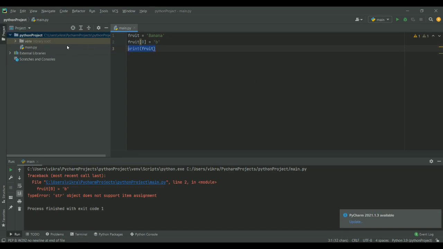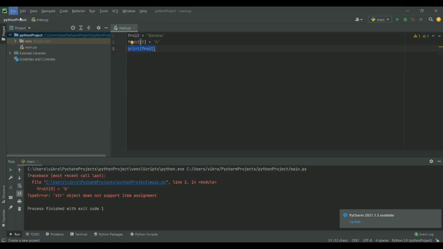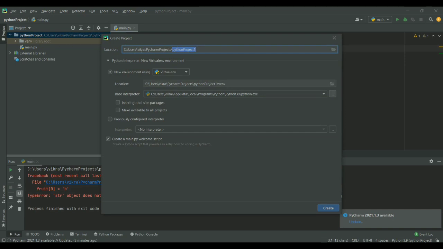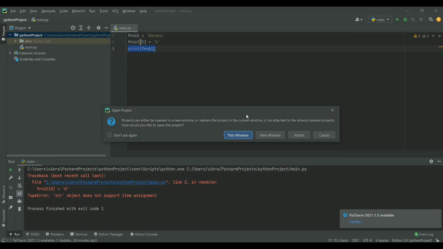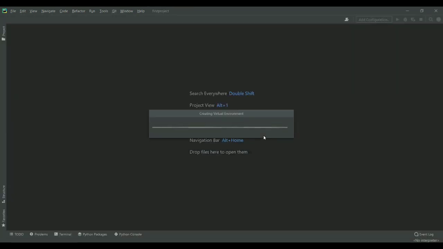Here you have to write the code. You go to File, New Project. You have to create a folder, for example in your C drive under user. Like if I am writing my first project, my project will be created in a new window. Under this project, my new file will be created.